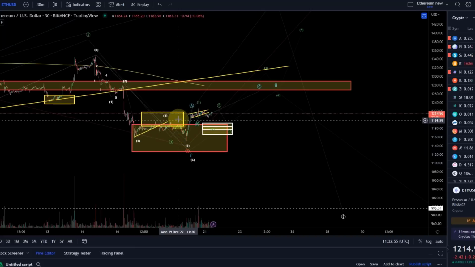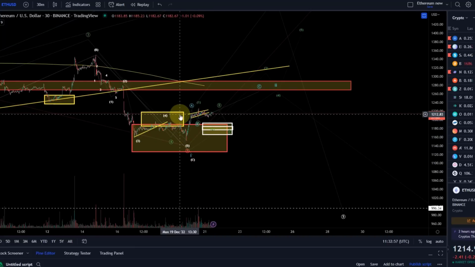But the message here is still the same story as in the last video. We have a bit more price information, but not enough yet to make a call on what is more likely in the very short term. But I told you that I do expect either to go up straight away or to get into the white area and then go up. So the picture should be quite clear. It's just in the very short term.